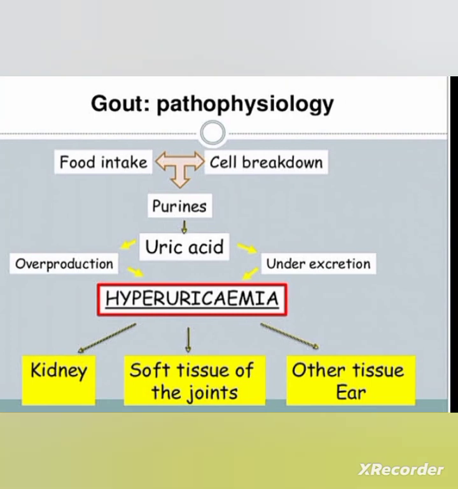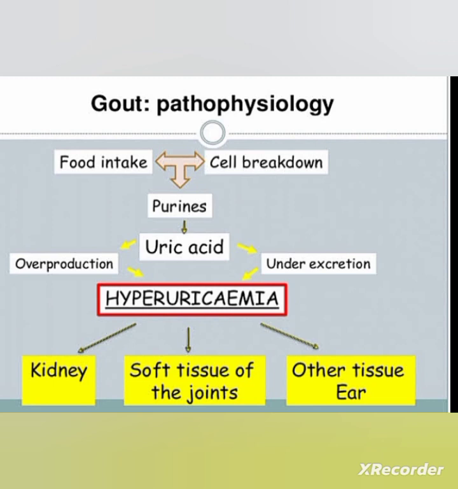Pathophysiology of gout. Uric acid is the major end product of purine metabolism and it is primarily excreted by the kidney. Hyperuricemia may be the result of increased purine synthesis, decreased renal excretion or both. High dietary intake has only a little role in increased uric acid level. Hyperuricemia may result from prolonged fasting or excessive alcohol drinking. So, the etiological factors lead to impairment in purine metabolism, which leads to increased uric acid level.